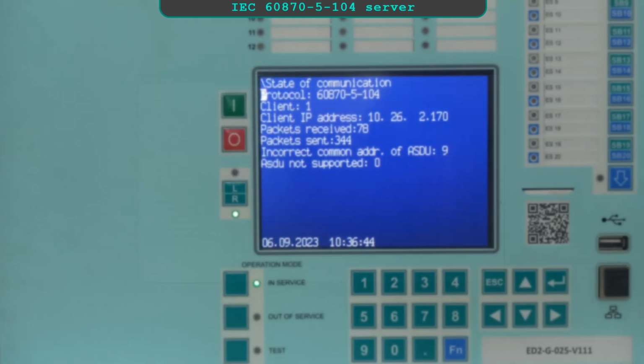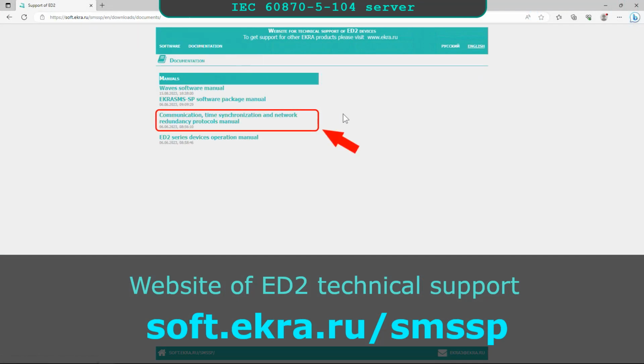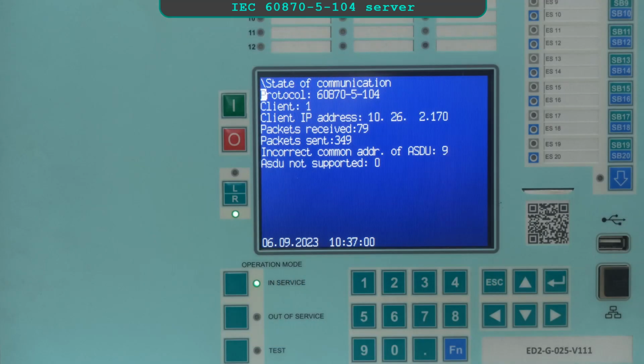60870-5-104 protocol. ASDU not supported identifier is set as 1 when there is an unsupported ASDU in the received packet. The list of supported ASDU can be found in the ED2 series devices communication, time synchronization and network redundancy protocols manual, available for downloading from the tech support website. To know how to configure the data transmission and switching devices control via IEC 60870-5-104 protocol, watch the video tutorial on configuration of ED2 devices data sending and switching device control via IEC